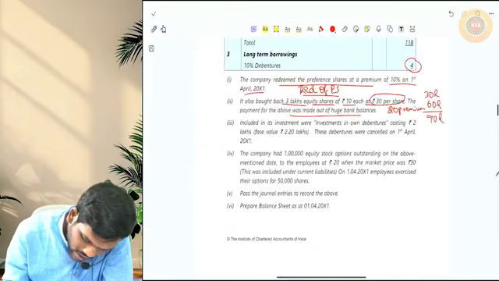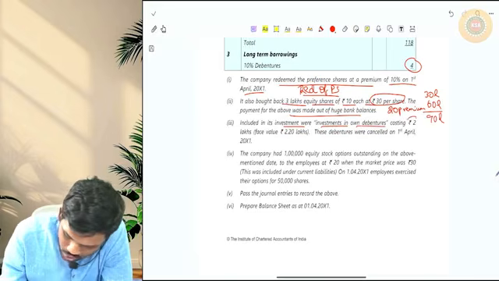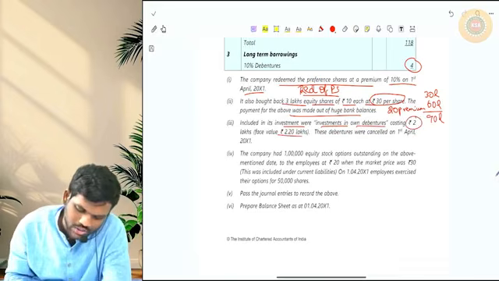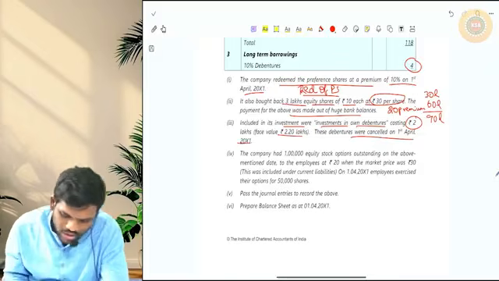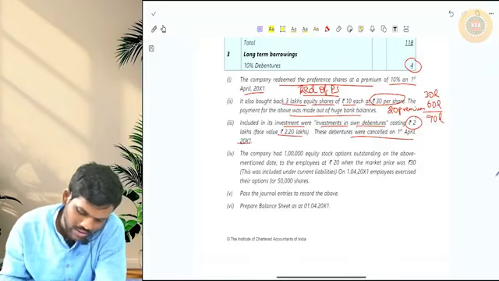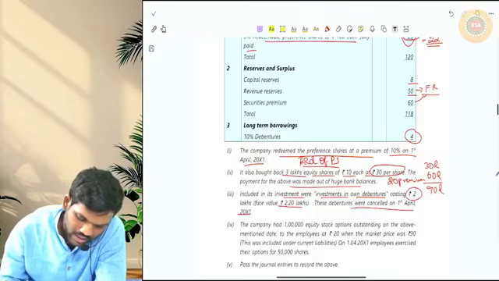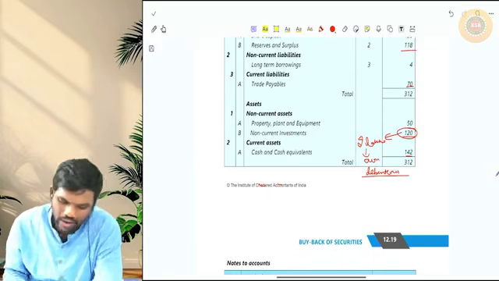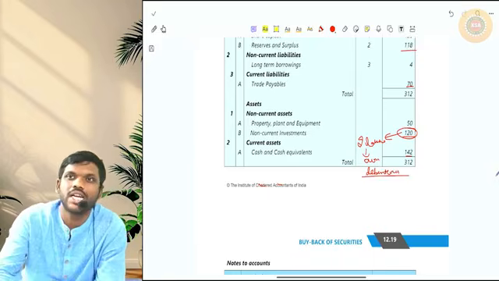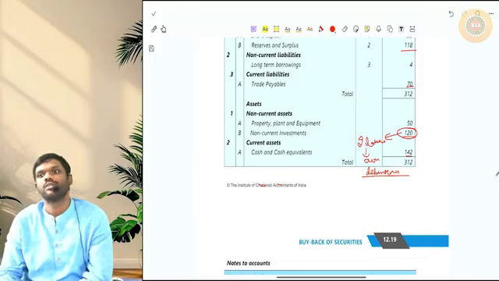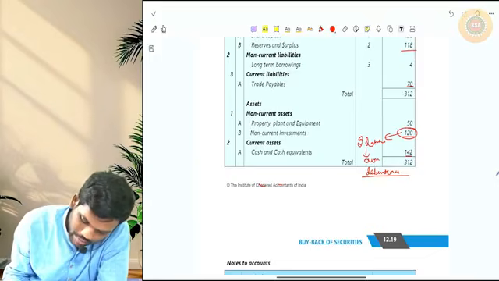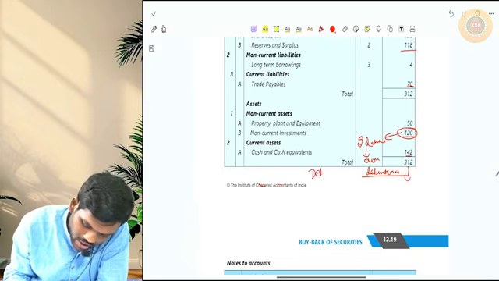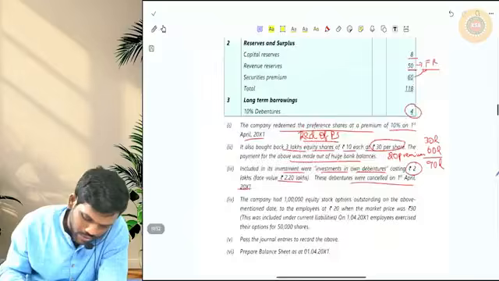Next. Included in its investment were investments in own debentures costing rupees 2 lakhs. Face value of the debentures is 2.2 lakhs. These debentures were cancelled on 1st April 20x1. So what is it telling us? Inside this non-current investments of 120 lakhs, there is 2 lakhs worth of own debentures. Now you have to adjust it against debenture liability and cancel it. So what will be the journal entry, sir? One side my own debentures will reduce, another side my debenture liability also will reduce. So the journal entry, if you see, will be